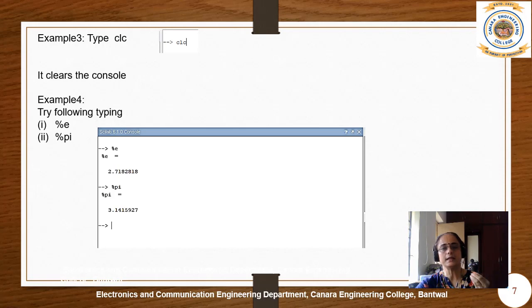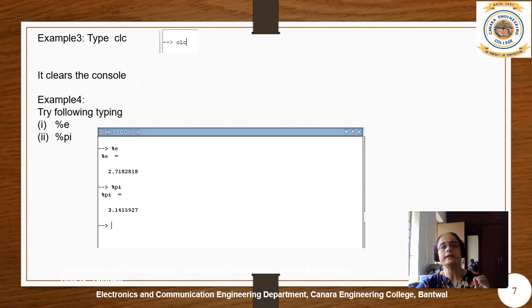Now we'll see example number 4. Now I want to know the value of E, and you know that this value is around 2.718, and I also want to know the value of pi, which is 3.14. So how to write this? You cannot simply write E in case of Scilab.